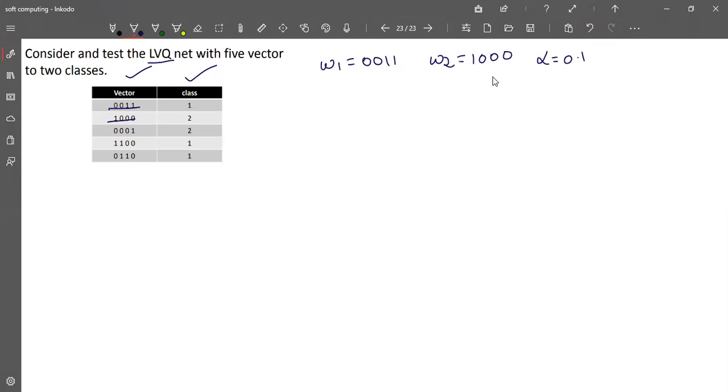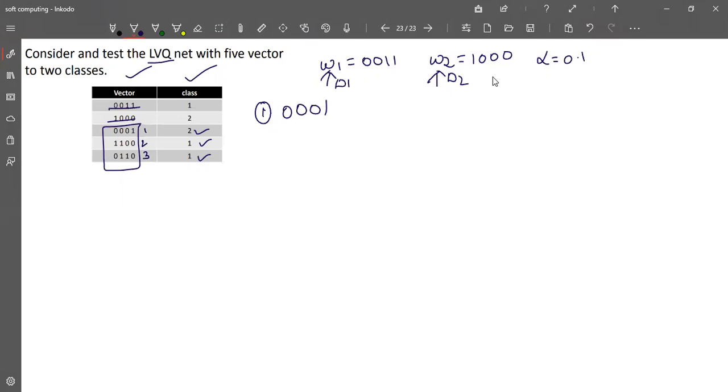So now we are going to perform this LVQ for the rest 3 vectors. So now this will be our first vector, this will be our second vector, and this will be our third vector. And here we are given the classes of each vector. Let's consider the class of a particular vector as its target value. So now let's find the Euclidean distance of the first vector. Our first vector is 0001. So Euclidean distance with the W1 gives D1 and with the W2 gives D2, and we have to compare